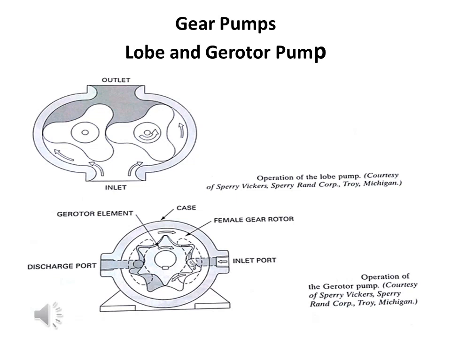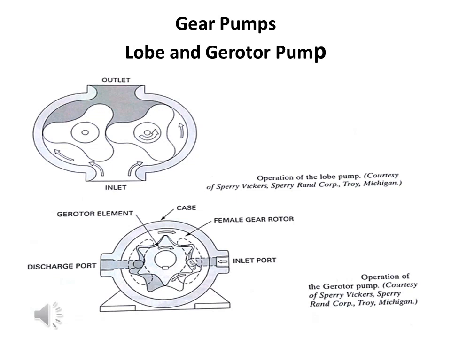Whenever the lobes are moving away from each other, in the bottom, in the inlet portion, both the lobes are moving in opposite directions, so both the lobes will be moving away from each other. At that time, suction will be created, negative pressure will be created, and because of the pressure difference,